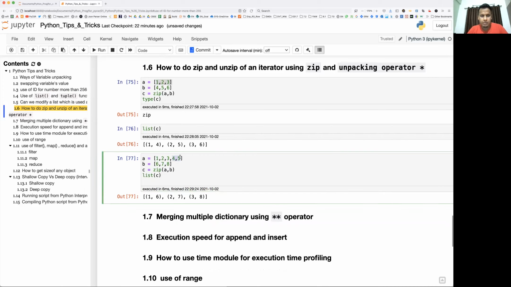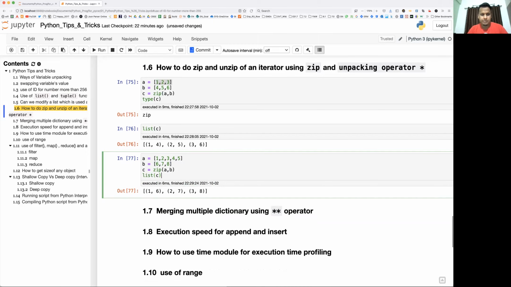What happened to 4 and 5? This is the problem. It always considers the smallest list, maps all the elements one to one, and the remaining elements are discarded. So you are basically losing data. This is the biggest drawback of the zip functionality.